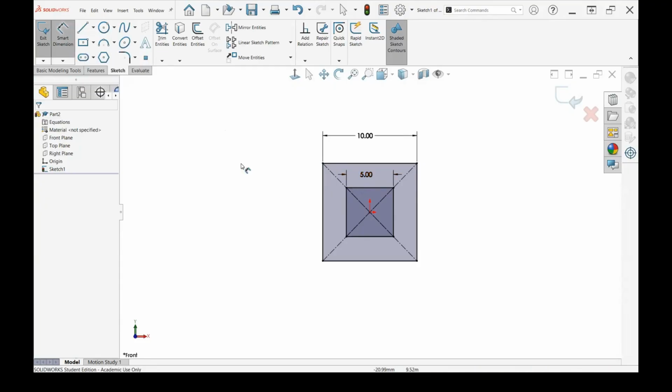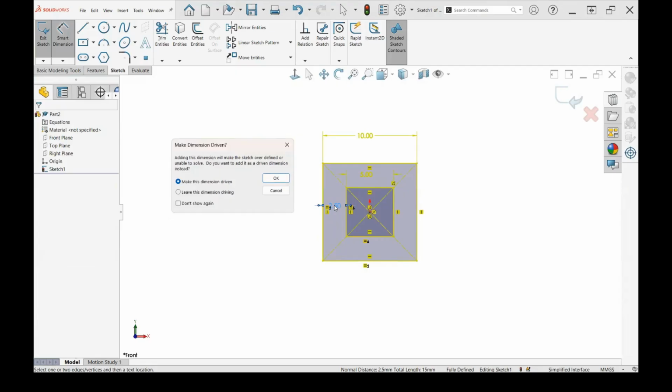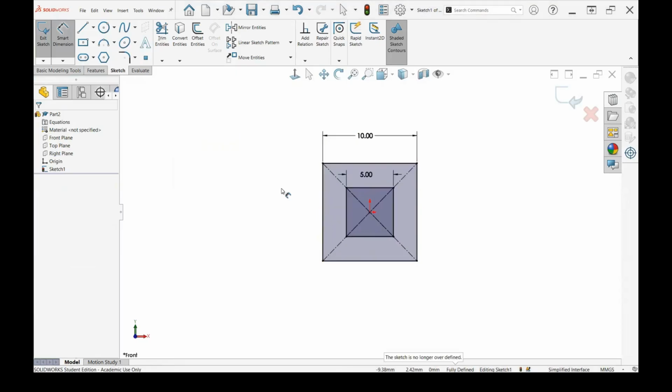So if we select a smart dimension tool and try to drop it here, you can see that that measurement right now is 2.5 millimeters, but if I actually apply it, it's going to show an error that make the dimension driven is indicating that we've got a redundant value here. So we're going to click cancel because we don't need that measurement in there. I'm going to say OK. And we're going to leave our sketch. So top right button or top left exit sketch.